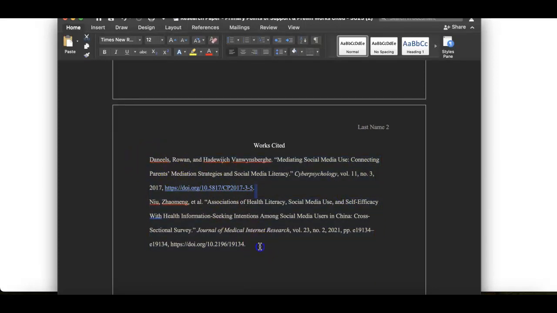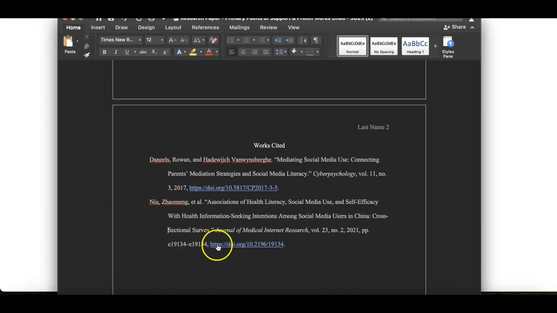I know that these are both correct. I would hit enter here. I don't care if these are hyperlinked or not, folks, but I do care that these are in existence on your citation page. Every single one of these entries must have a hanging indent after the first line. So I would hit enter and then tab, and after the first line it will move over the rest. So everything should be left justified with hanging indent and in alphabetical order.